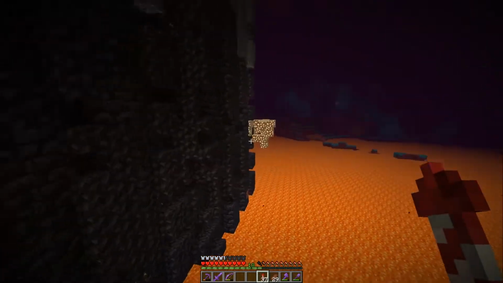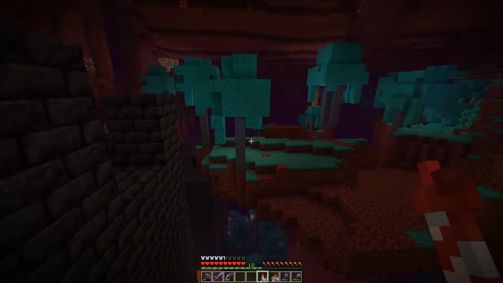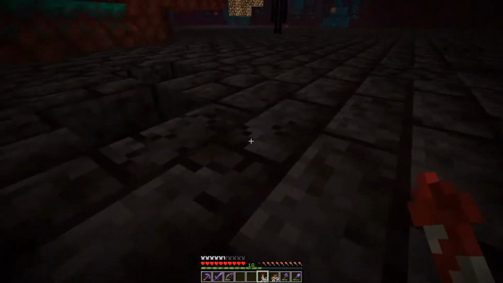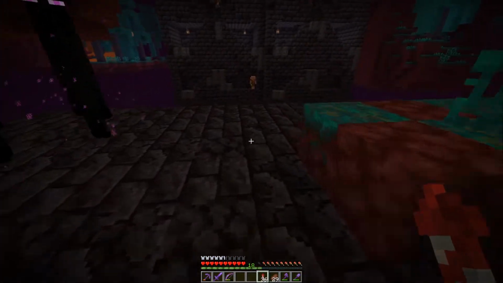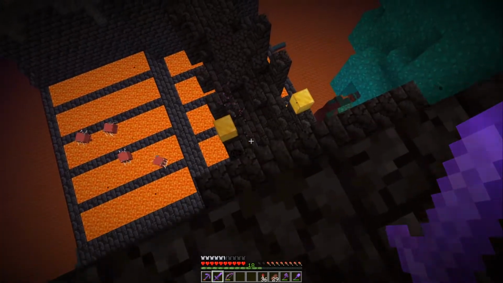Okay, so what's the best way to get into one of these? Is there an entryway, or do we just get in through the top? I sort of want to see if we can get in here properly, but I guess the best way to get in there is just...